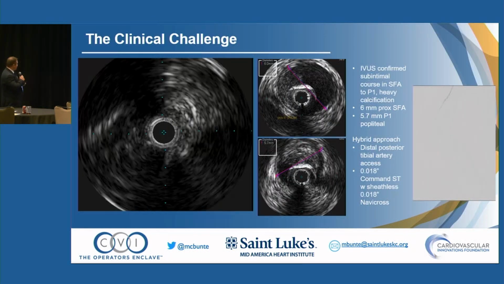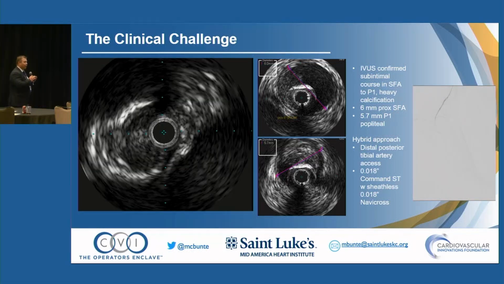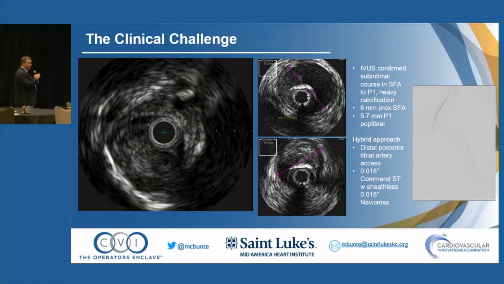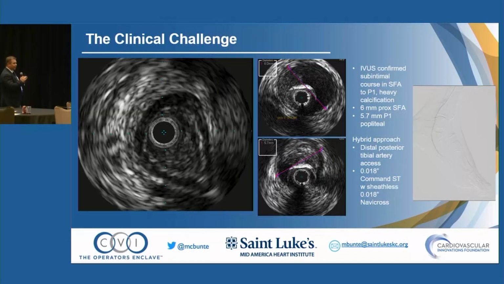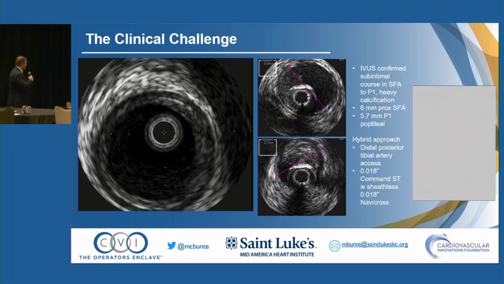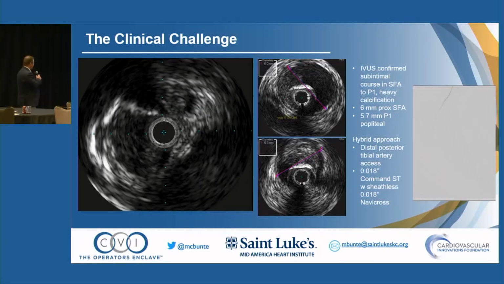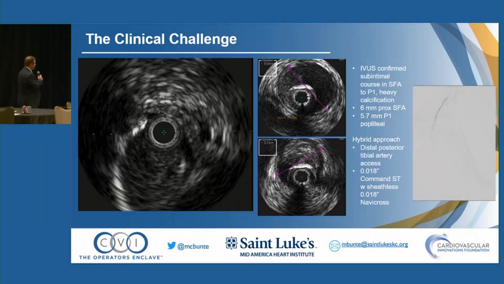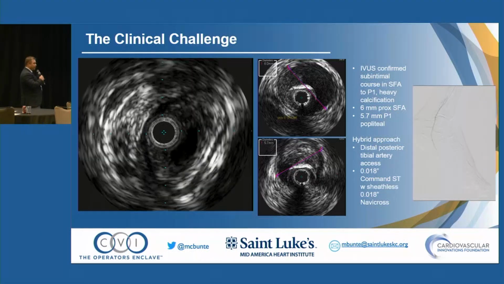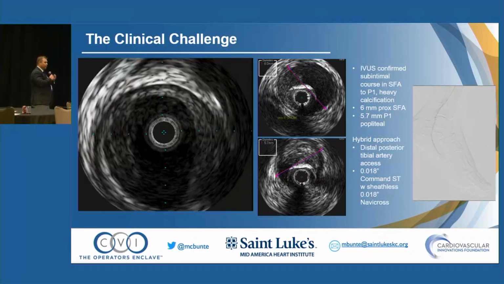So I used IVUS on this case to figure out where I went wrong, and it turns out I was pretty much subintimal the entirety of where I crossed. So I regretted using that stiff ankle glide approach. You can see on that IVUS that basically I get out pretty much right away. So I spent a lot of time trying to go back to the proximal cap and rewire using an 018 system,